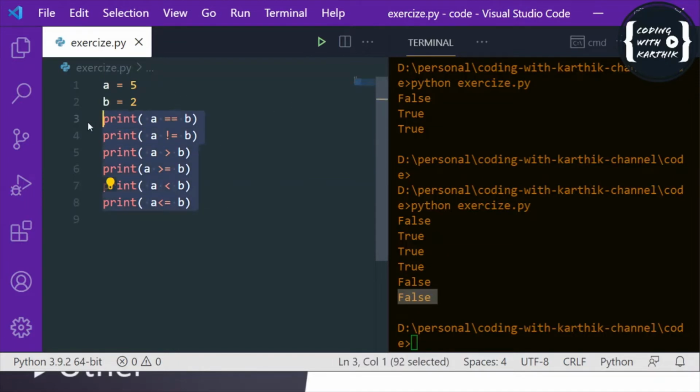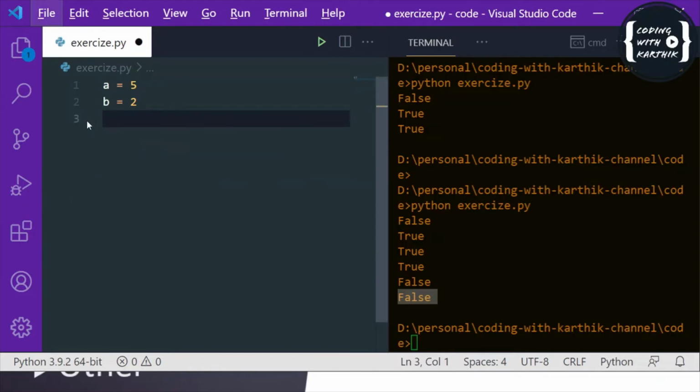Okay, and next operator is logical operator. So even this logical operator is mostly useful in the conditional statements. Even this one also will return the true or false boolean values. And also it is used to combine multiple conditions.